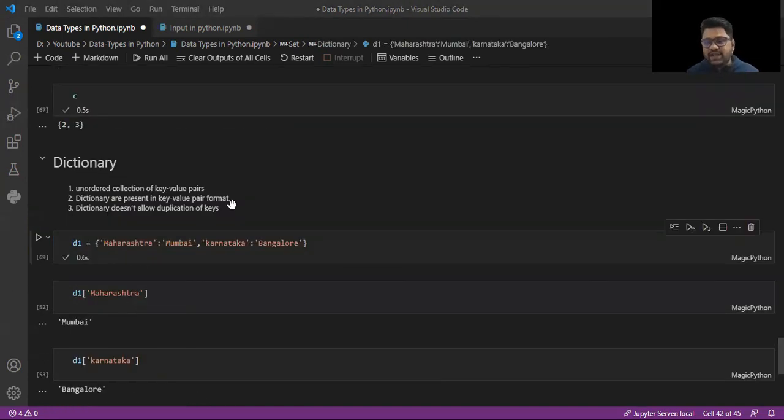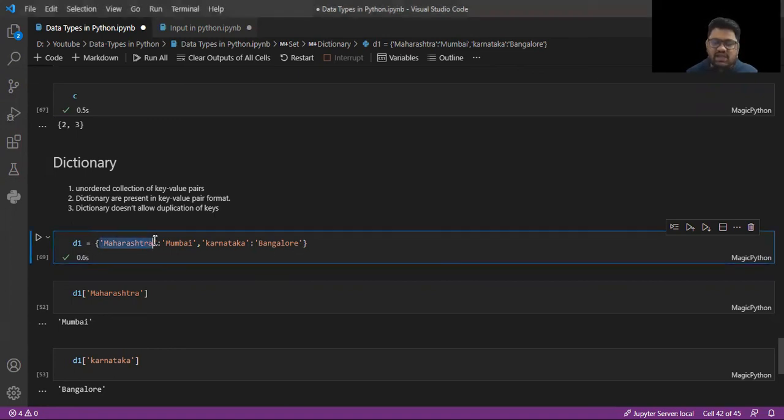The next data type is the dictionary. This is an unordered collection of key-value pairs, and the dictionary is in key-value pair format. A dictionary doesn't allow duplication of keys. Here I have declared the dictionary.